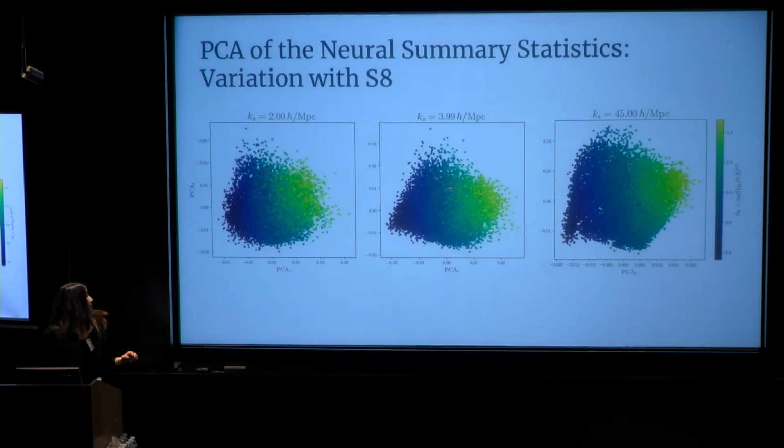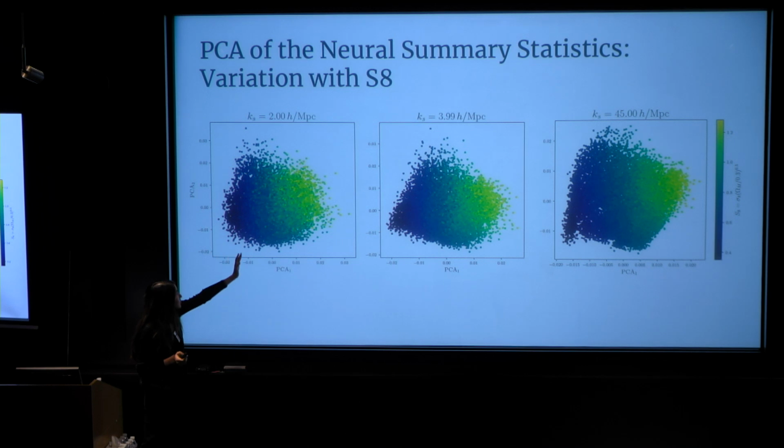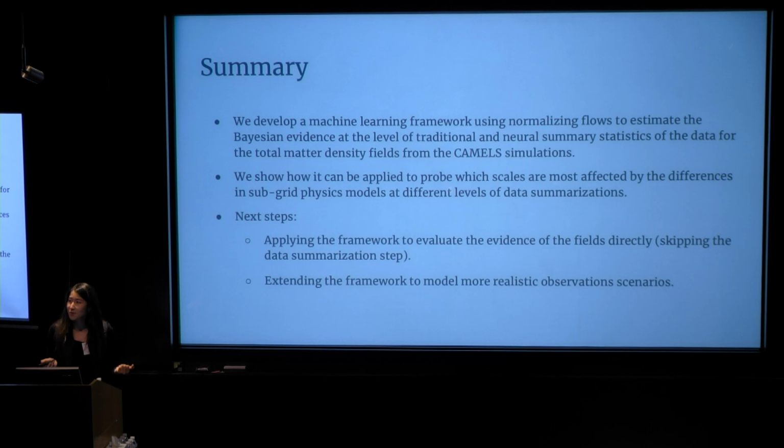If we plot the variation of principal components 1 and 2 with the parameter S8, one thing we can note is that principal component 1 seems to vary quite clearly as we vary the value of the S8 parameter. So it looks like these neural summary statistics that we got during our training process encode information about the S8 parameter that allows them to detect that one of the simulations, namely SIMBA, is out of distribution. So just to quickly summarize